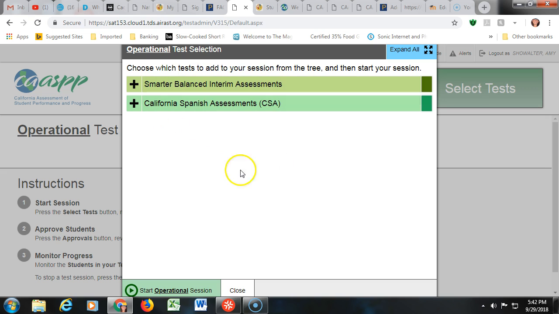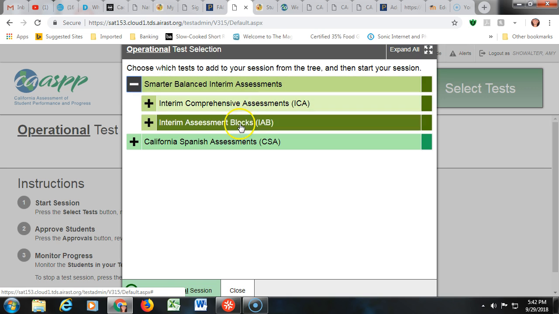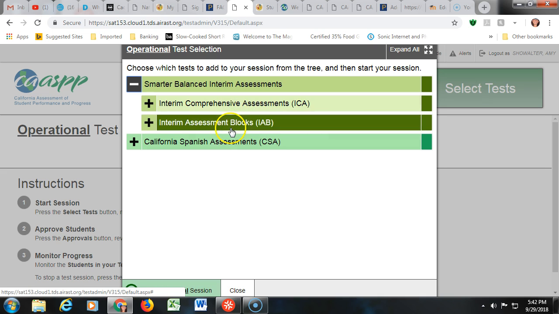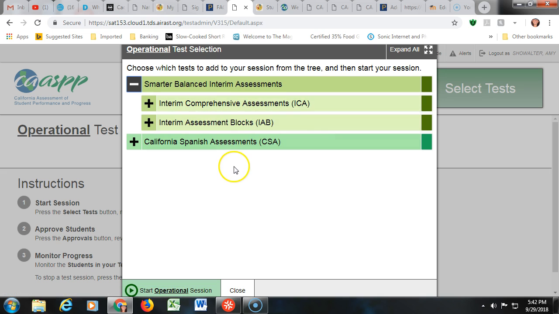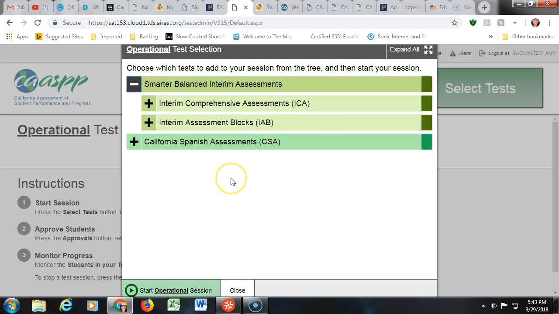Okay, so you're going to be selecting your interim assessment. So you're going to hit the plus sign and that will open up the tree. So now here you have your comprehensive assessment and your assessment block. Now this year is the first year that we have had people using both of these. The only folks at this point that are going to be using the interim comprehensive assessment are our 10th grade English teachers and our higher level